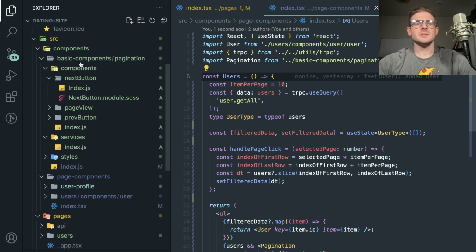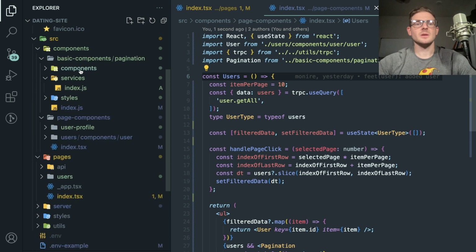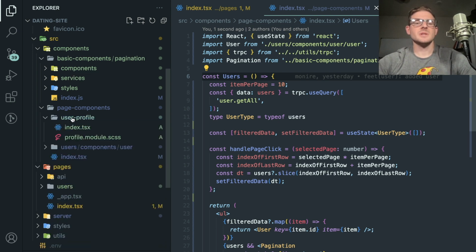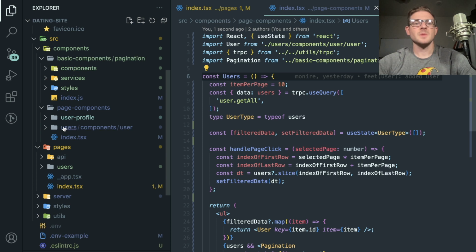But I guess this is like a features approach where every page is like a feature and that feature has the components that are related to it. Seems okay. I haven't tried that approach yet, so I'm just going to go ahead and roll with it. I don't know why there's a users components user. I would probably just put a components here. And instead of calling this page component,